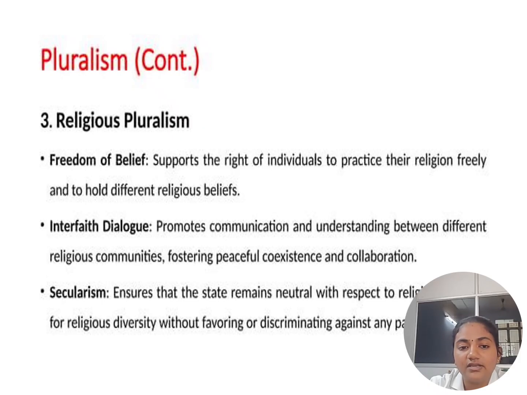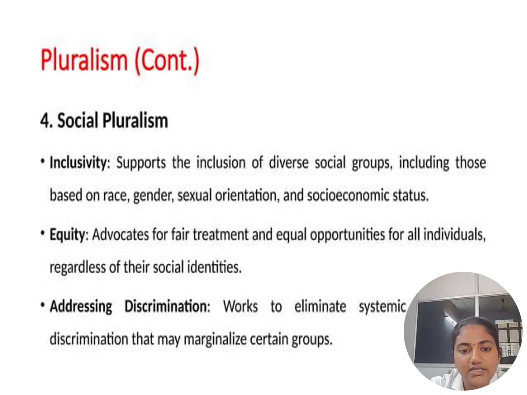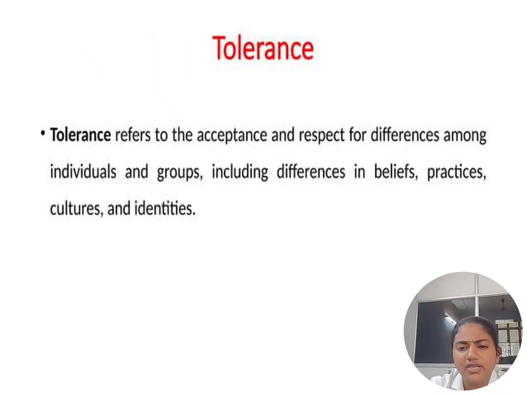and religious. It has the freedom of belief, interfaith dialogue, and secularism. And social pluralism is equality and addressing discrimination, where it eliminates systematic discrimination that marginalizes certain groups. And tolerance means acceptance and respect for differences among individuals, and everyone should have a tolerance capacity, and that